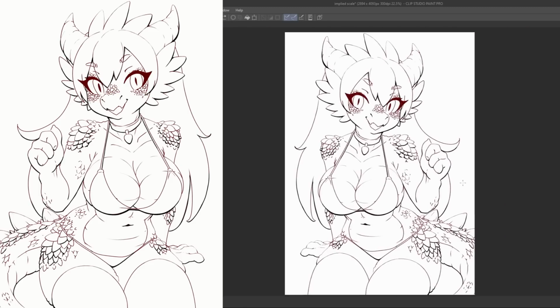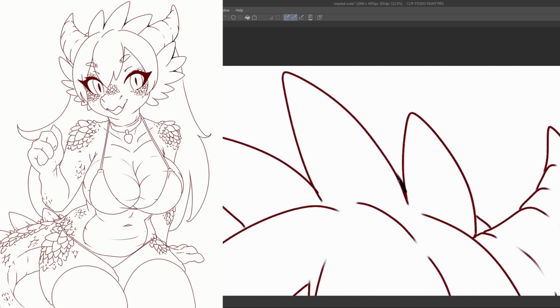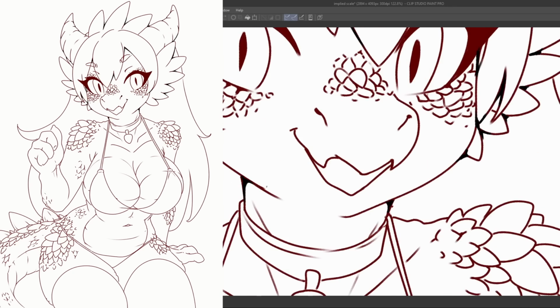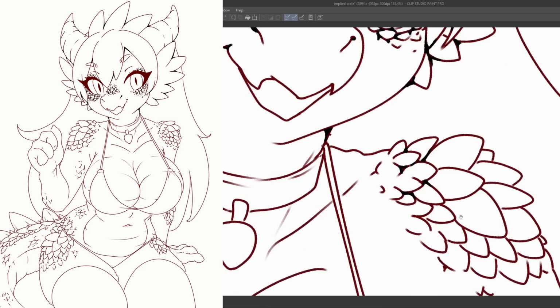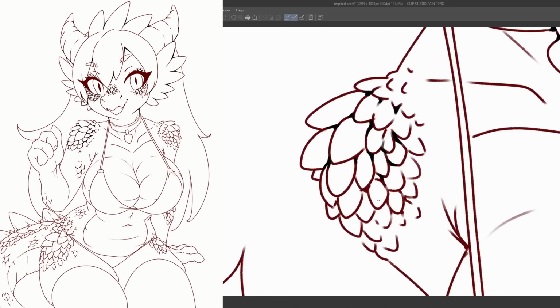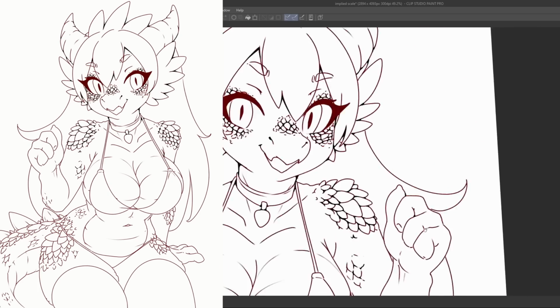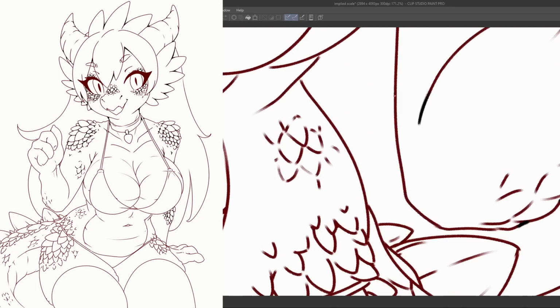Now, turning that off, let's go over and do, like we did before, the ambient occlusion lighting pass. And this is going to work really well with scales as well, because in between the scales, if they're rough and bumpy, you'll see that they'll have little dark shadows in between them. If you imagine them being lit by a really soft light, they'll gradually get darker as they get in between each of the scales. And so adding those, not just on the scales, but on the body as per usual,